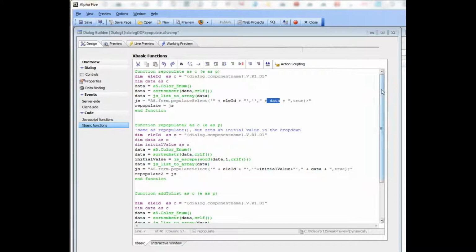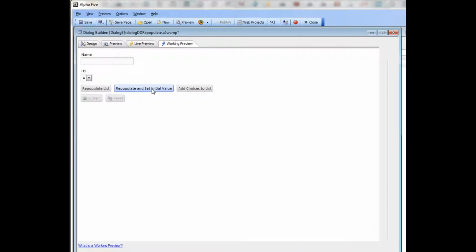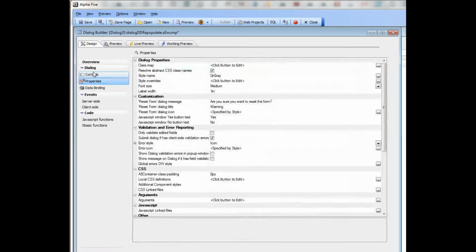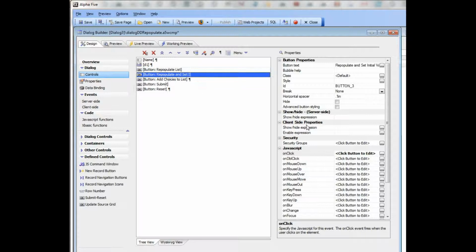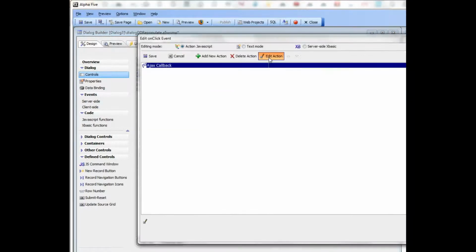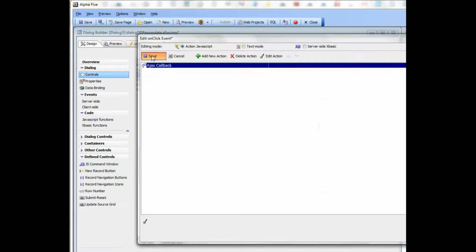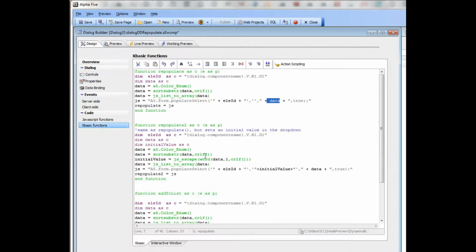So we're continuing our discussion now on repopulating a drop-down box by making an Ajax callback. And now, as you recall, when we clicked on this choice over here, we set the initial value of the drop-down. So let's go look then at that control, and we can see that this control is calling a next basic function called repopulate2. So if we go look at repopulate2, we can see that the only difference between repopulate